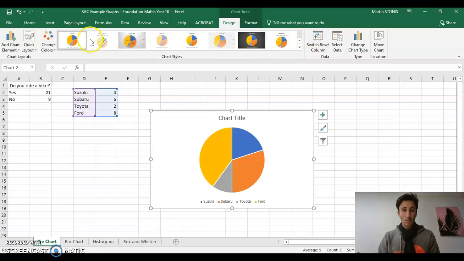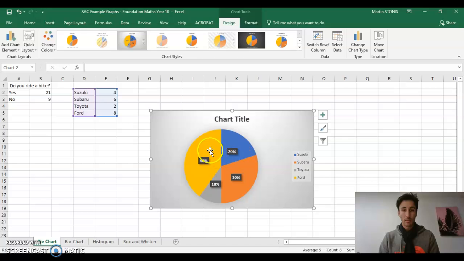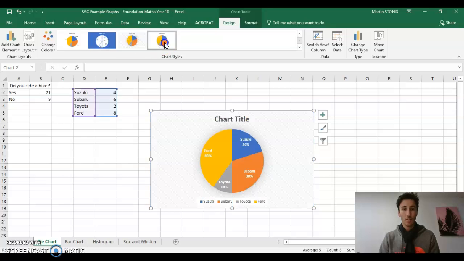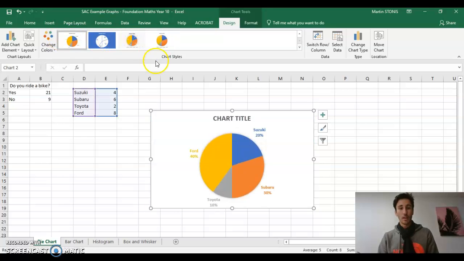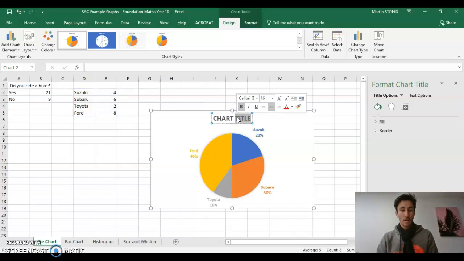Now, after that, you want to go into this top tab and find one that has the percentage numbers next to it, or in the pie chart. And you can pick any one of these really, as long as it's got the numbers next to it, because that's what we want for this assessment. And don't forget to change the title to something appropriate. So this might be something like, which car